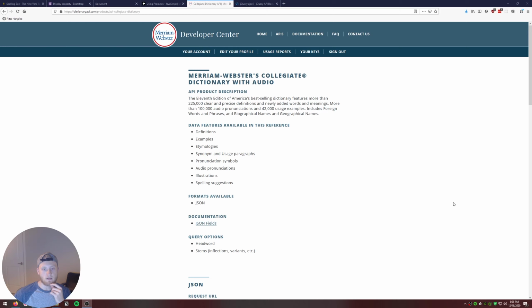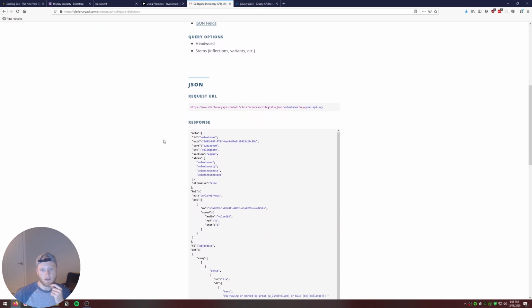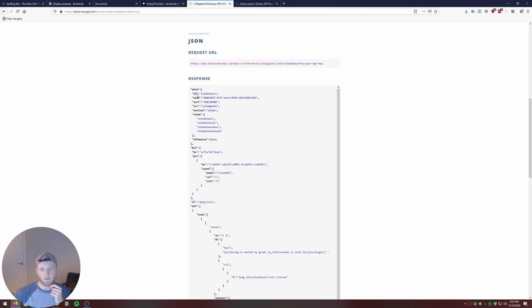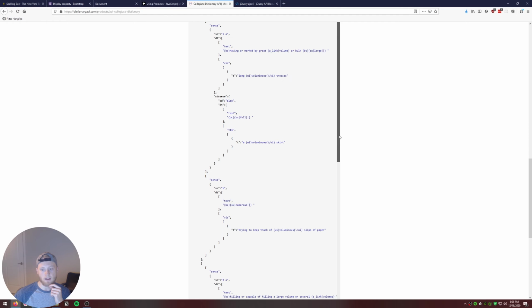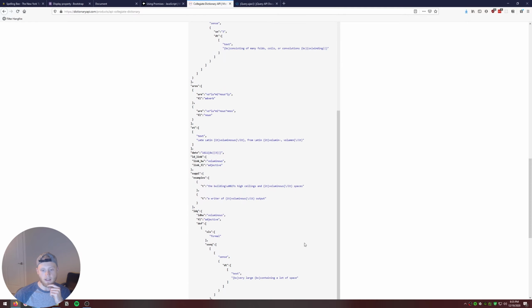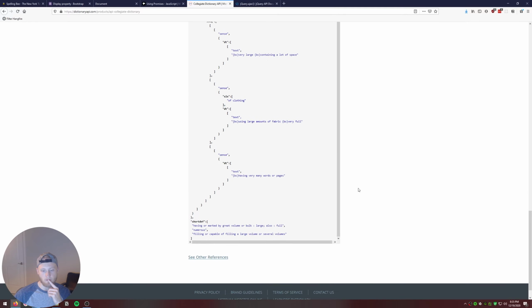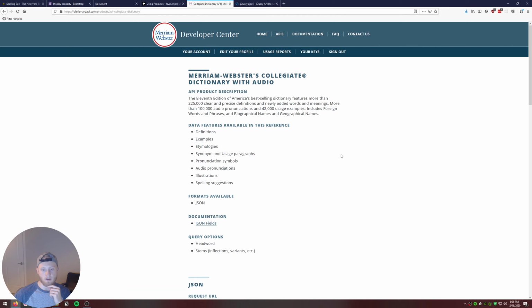Okay, I think the easiest way to validate whether or not our word is actually a word is to call this Merriam Webster API that we talked about at the beginning of this series. And we know that if we get this sort of JSON response back, we can conclude that it is actually a word, right? So what I had to do is I had to create a profile here on Merriam Webster,